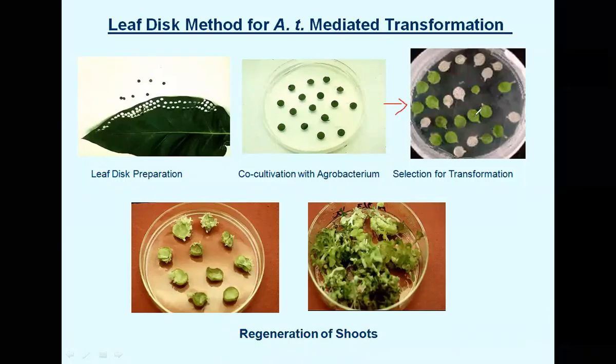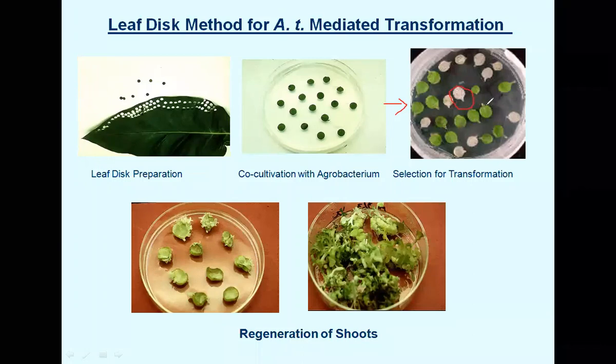So what you have done is made a selection of plant cells. You have selected those which have received the gene of your interest, probably because they have received NPTII, and you have seen in the cassette that NPTII and the gene of your interest were lying close to each other. So in all probability, when NPTII has gone in, the gene of your interest also must have gone in. Those which have not received it will die. These whites are the plant tissues which have not received it. That means they are non-transformed.